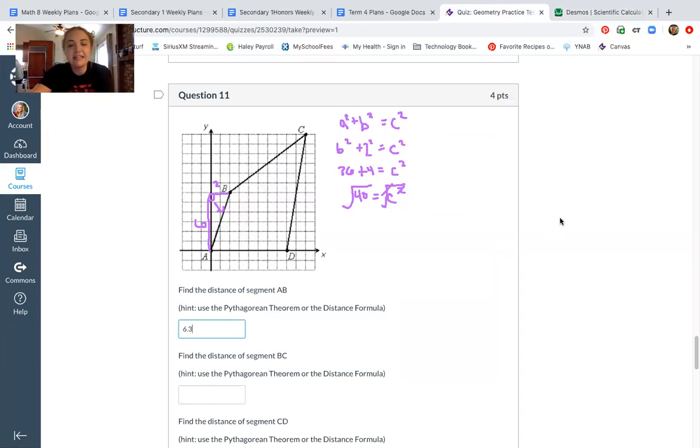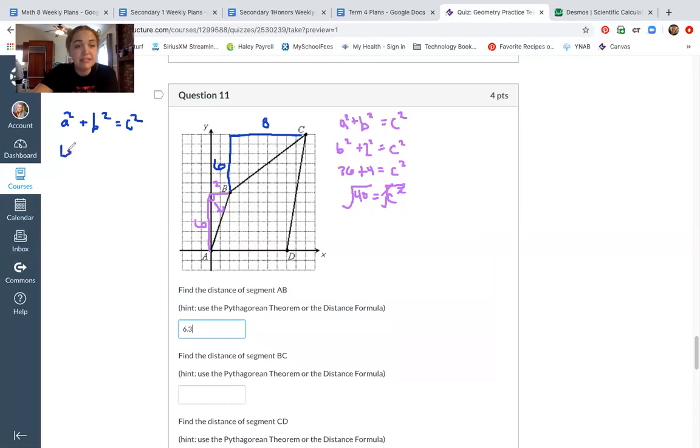Okay, let's find another one. Let's find BC next. I'm going to switch colors and go to blue. BC is from here to here. If I count those, I've got 1, 2, 3, 4, 5, 6, and 1, 2, 3, 4, 5, 6, 7, 8. So 6 and 8 are the sides of this triangle, and the hypotenuse is what we want to get. So if we've got a squared plus b squared equals c squared,